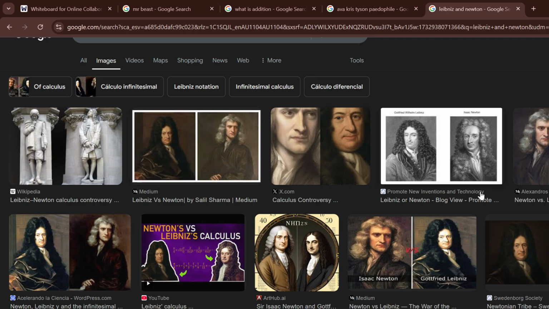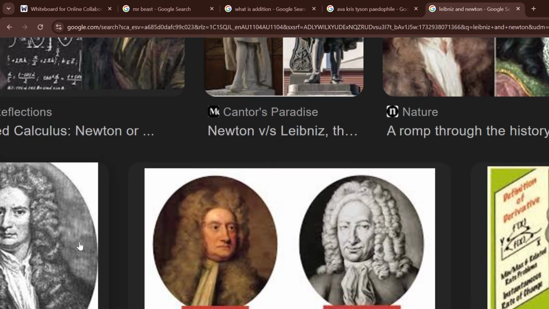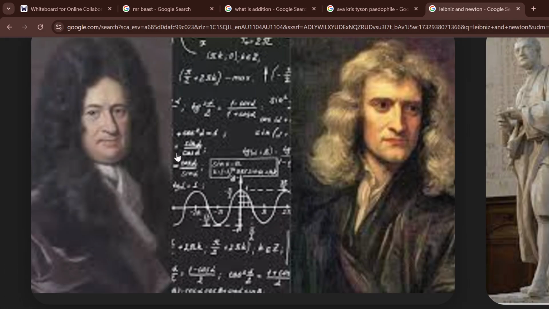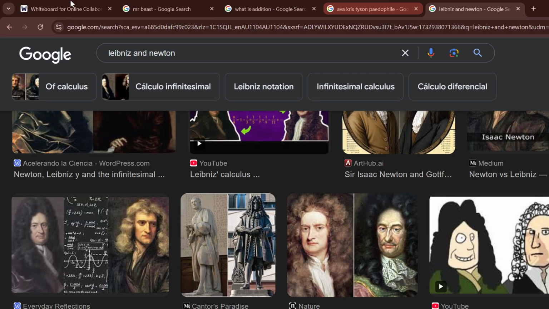We don't know who invented it first. Newton said he invented it first, Leibniz said he invented it first. Like, what is this, bro? Oh my god. Okay, then you discover this. This is like way after them. Anyways, yeah,